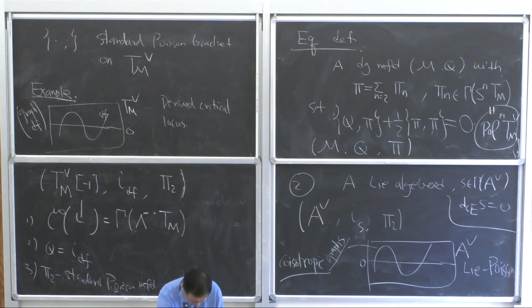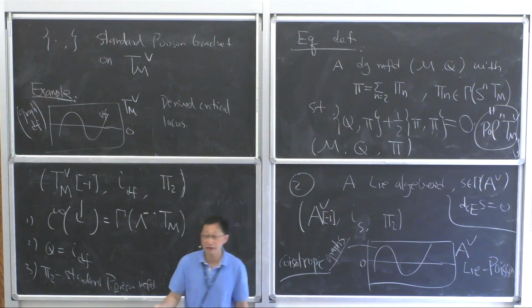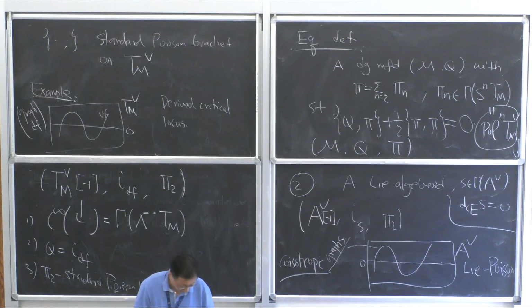Is there a shift by -1 in the...? Oh, yeah. Sorry. Thank you. Everything just needs to be shifted, otherwise the degree is wrong. So basically, -1 is just the Scoton algebra, but you look at the intersection Scoton algebra.